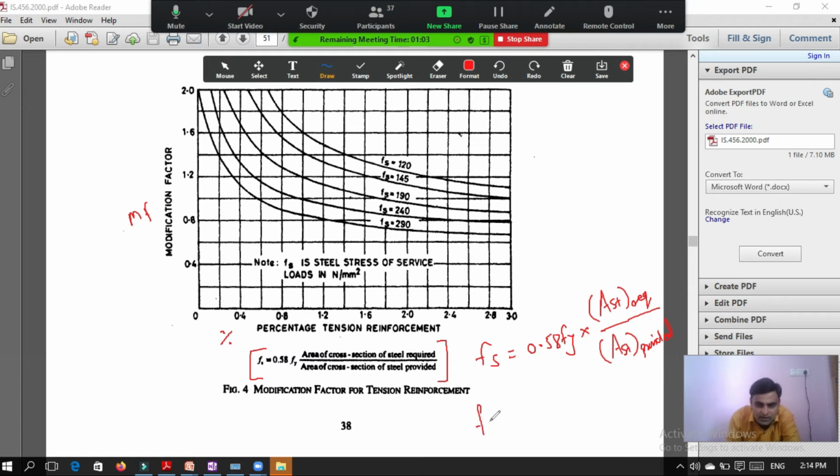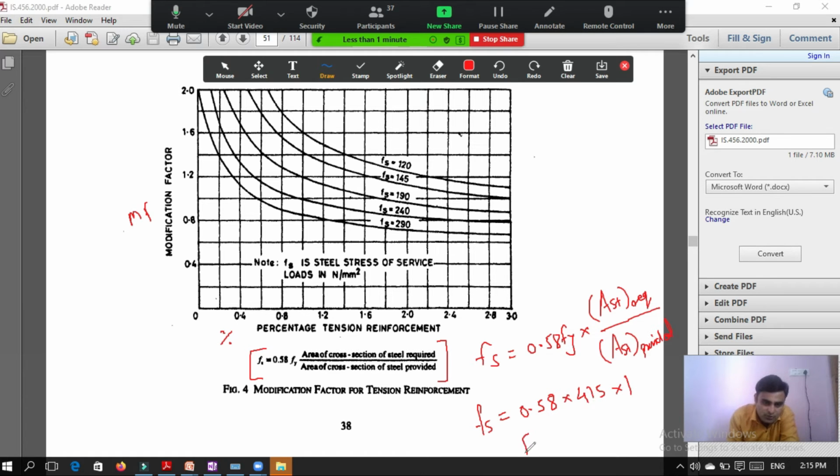So Fs is equal to 0.58 multiplied by Fy, which is 415, into this ratio, which is 1. Why is it 1? Because we assume that whatever area of steel is required, that much area we are going to provide. So this ratio we assume as 1.